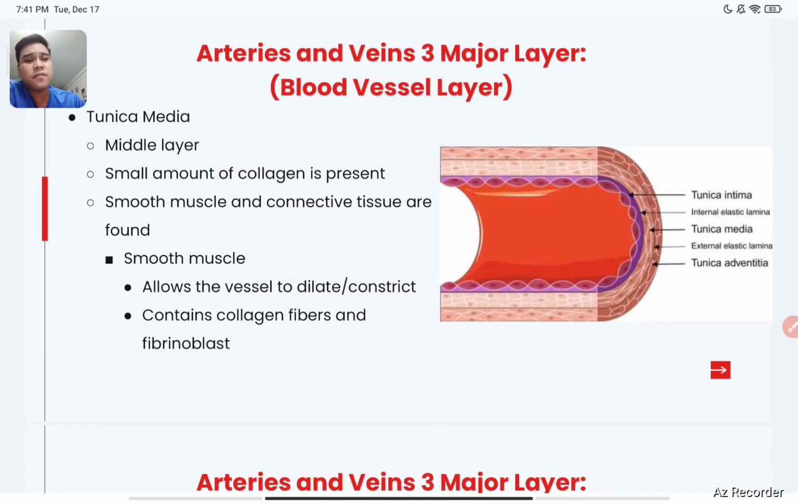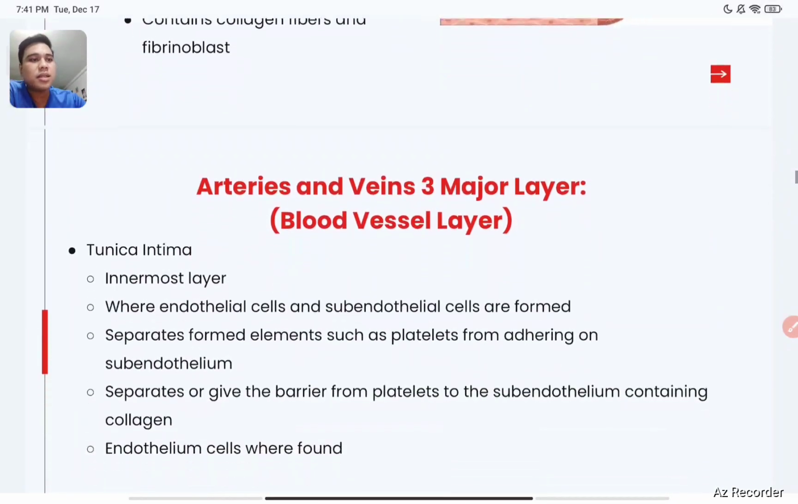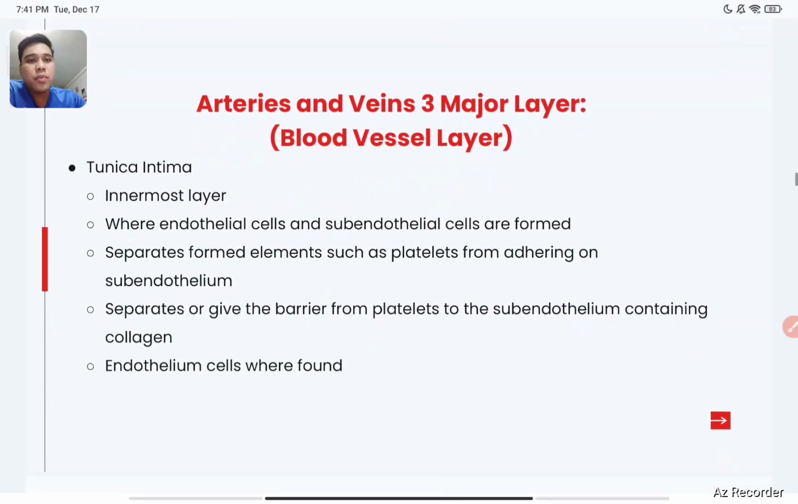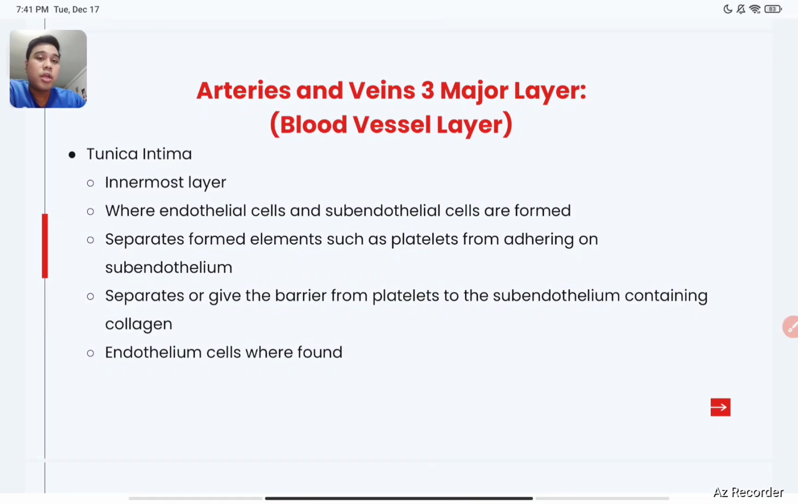It also contains your collagen fibers and fibroblasts, but relatively comparing it to the tunica adventitia, it has a lower component, more on smooth muscle talaga siya. And the tunica intima, which is the innermost layer. So this layer,